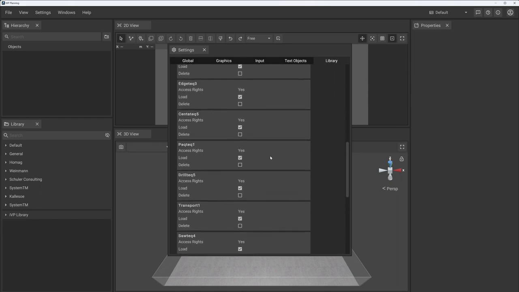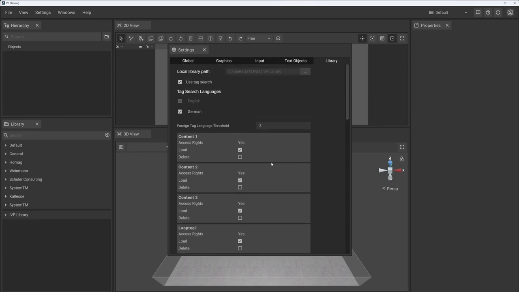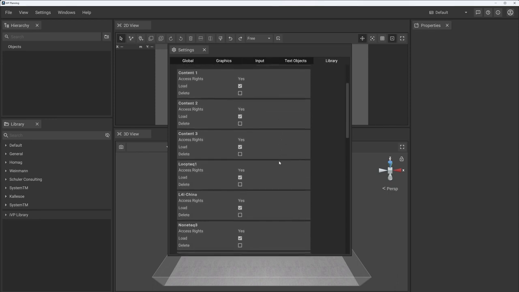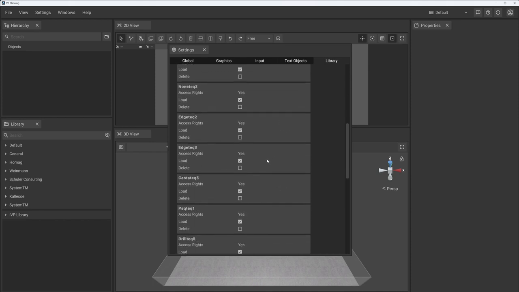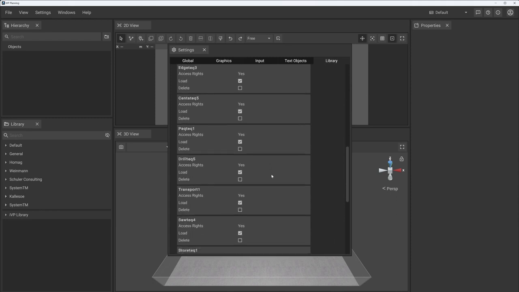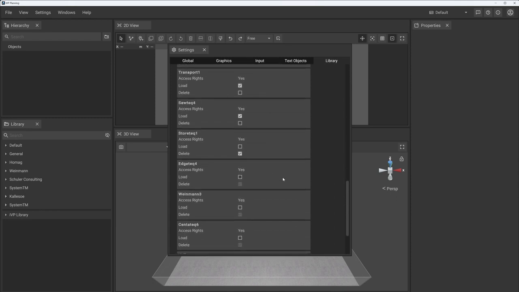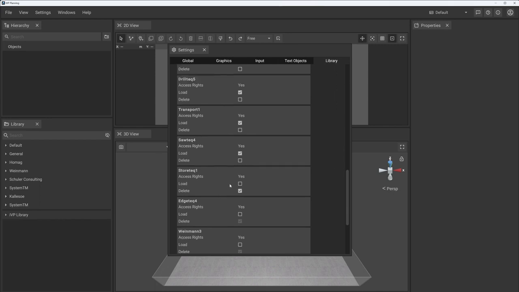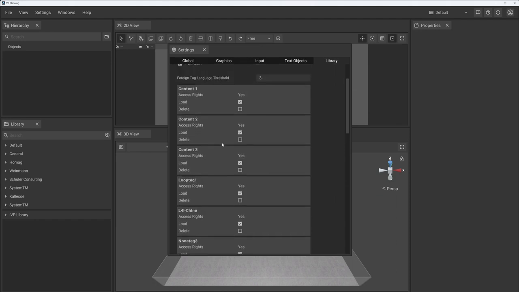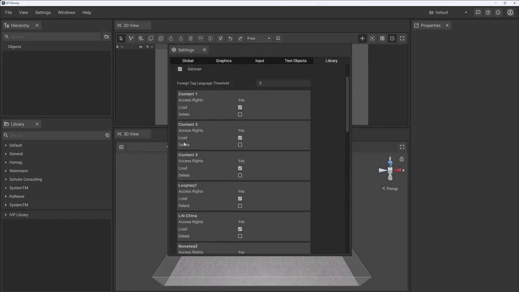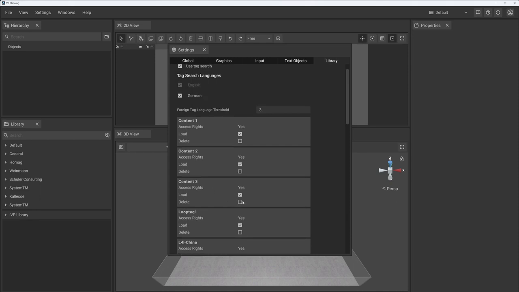So this is just a setting for your convenience to save some space. If you know of models which you don't need in planning, you also don't need to update or load them. So you can just select delete here, and then it will not be updated, which makes the whole application a little bit faster and smaller. Yeah, we will add a description for the content packages, as there are some still missing. It's going step by step, but with this feature here, you are able to have more control over your